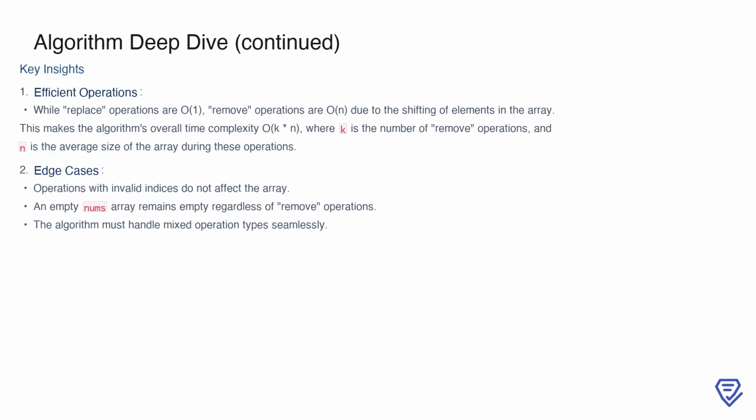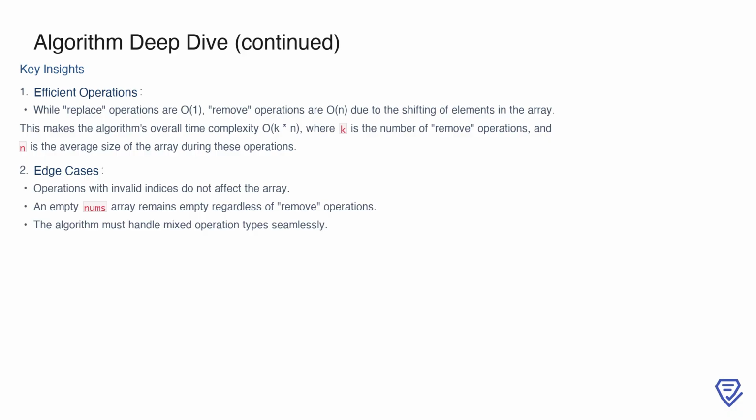Now, let's highlight some key insights about the algorithm. First, while replace operations are efficient with a time complexity of O(1), remove operations are more costly, requiring O(n), due to the need to shift elements after a removal. This means that the overall time complexity of the algorithm is O(k * n), where k is the number of remove operations, and n is the average size of the array during those